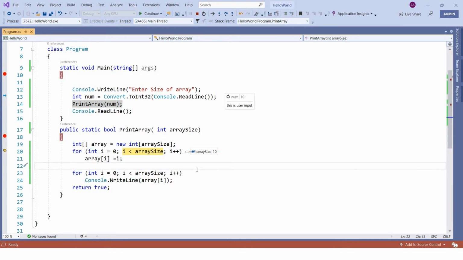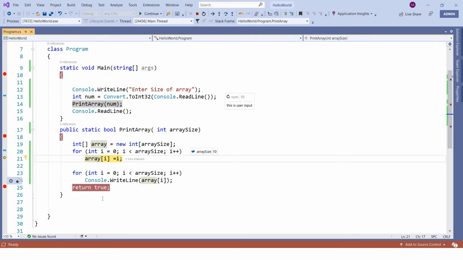So F10 is for next, F11 is to go into that function. Let's say now your debugging session is done and you want to jump to this line, console.read line. You want to simply skip all these for loops because 10 times here it will run, 10 times here it will run. So altogether you have to press F10 20 times. You want to avoid it because you know this logic is correct. I don't want to debug it. So another option is wherever you want to debug next, you put your breakpoint there. So it is this one.